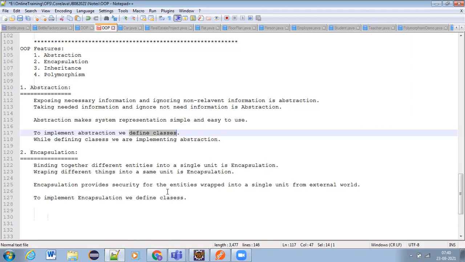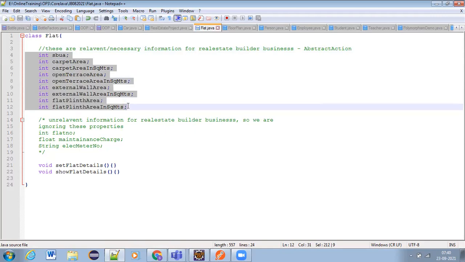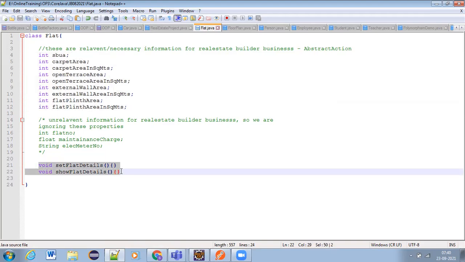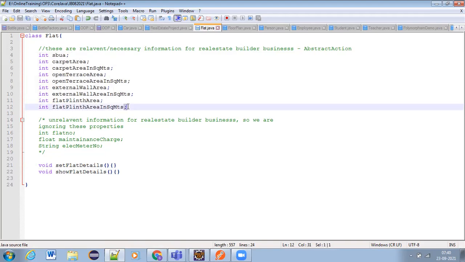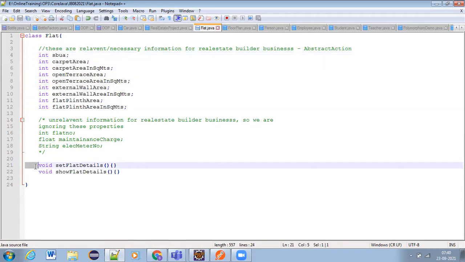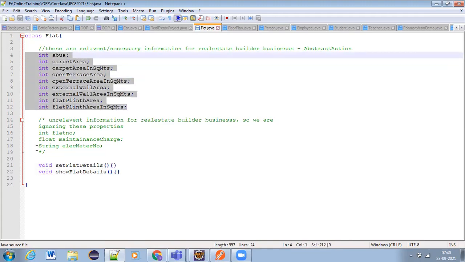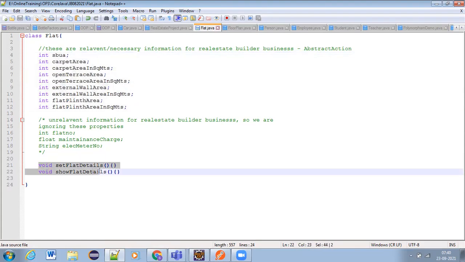So while defining the classes, how are you defining the class? See, in the class you have put together different information, right? Data members and member methods. So these are representing the data and these are representing the behavior. Means these are data entities, these are behavioral entities.